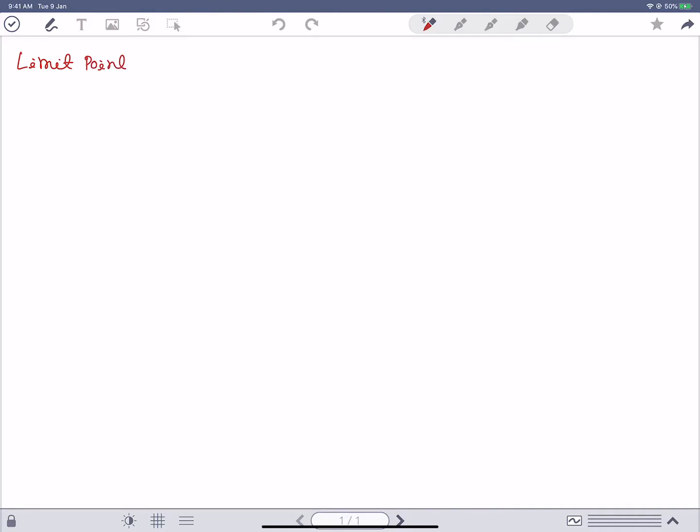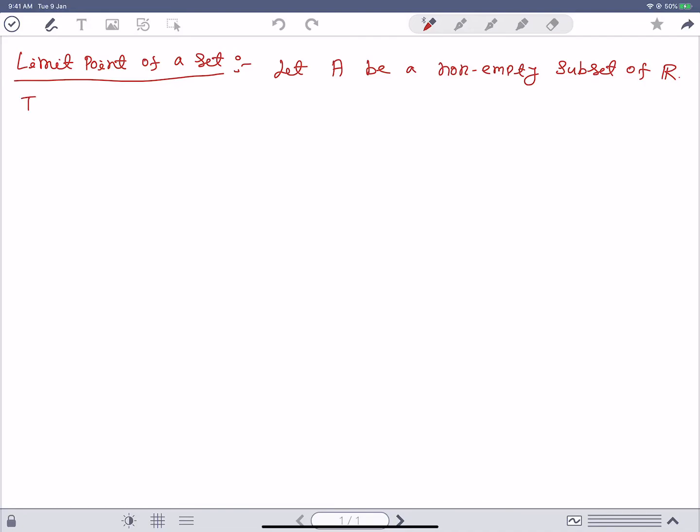Limit point of a set. So first of all, let A be a non-empty subset of R. Then a point x in R, that means this point x may not be in A. So a point x in R is said to be a limit point of the set A if there exists